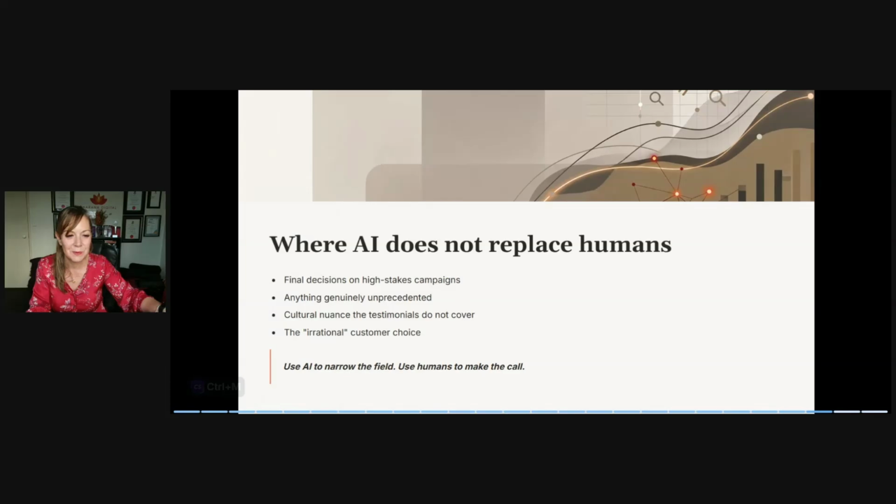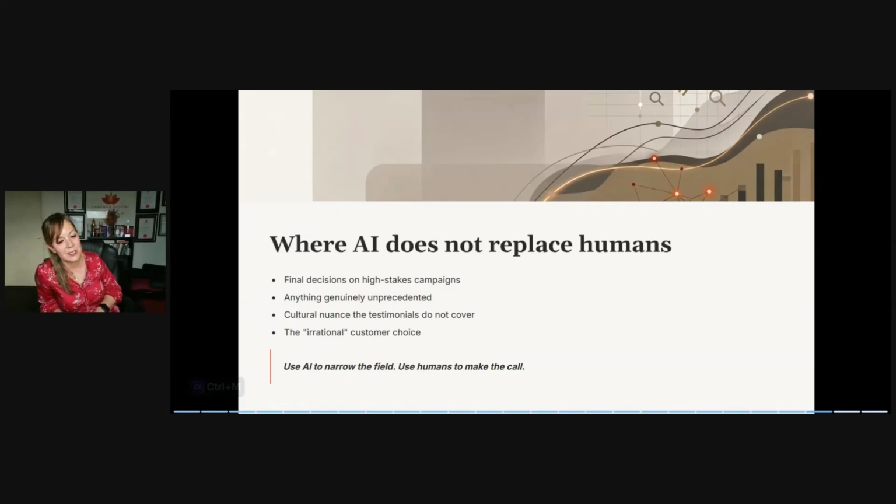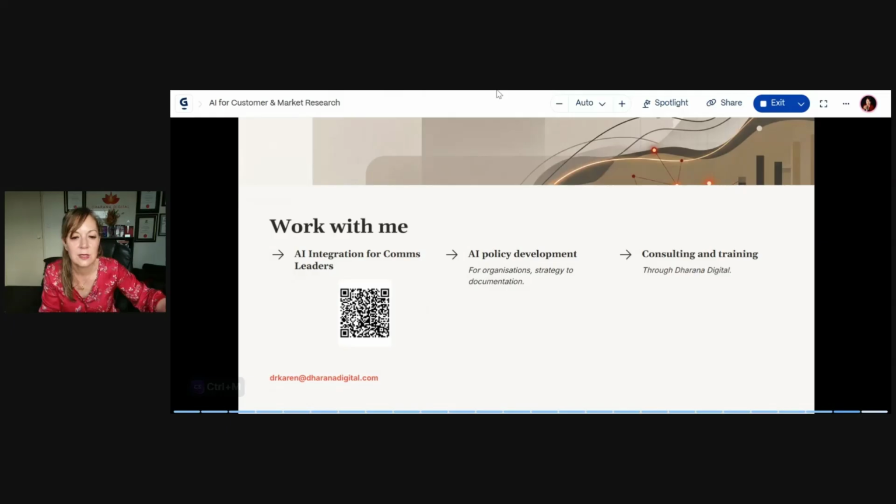But we must always remember, as I said previously, AI can be very helpful, but we still need to drive it. Any decisions need to come from you. We need to think about cultural nuance as well, because many times if different cultures aren't reflected in the testimonials, it will just veer to that. So we've got to make sure that we're giving it a whole range of people from that particular target audience as well. AI can be helpful to save us time, but again, it always has to end with us.